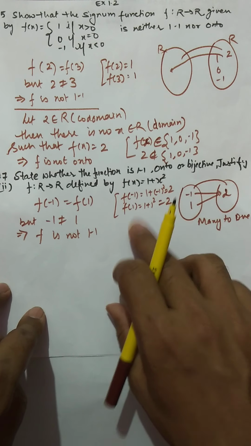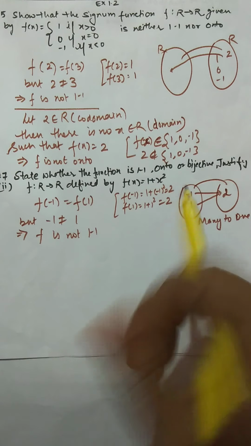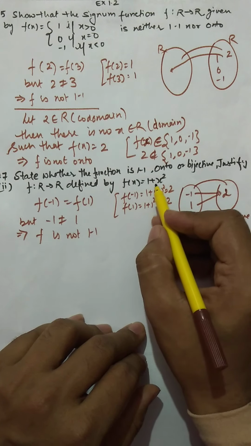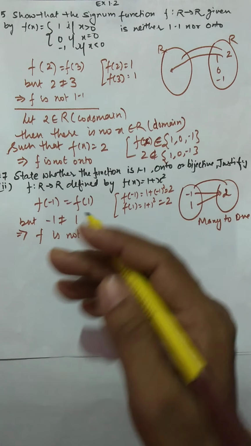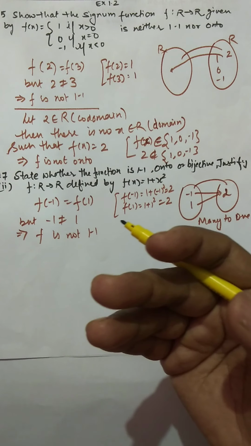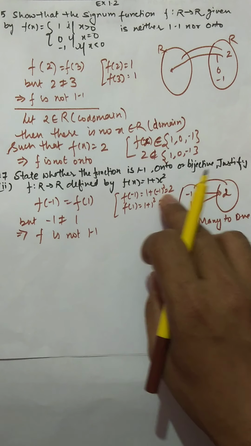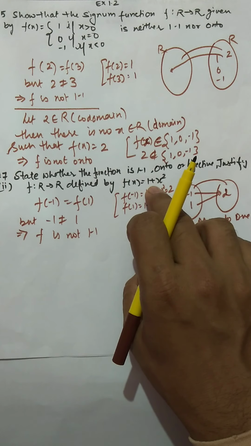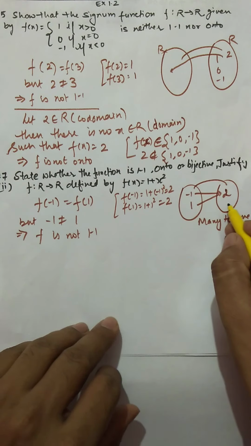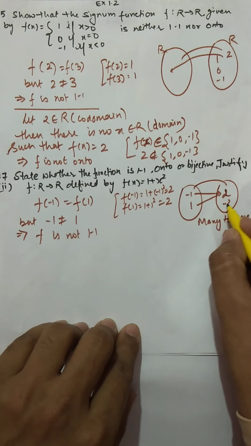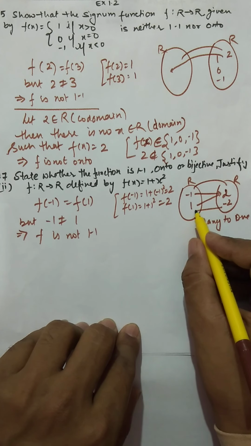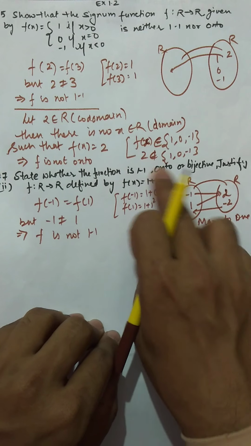Now next one is, we have to check whether this is onto or not. So now we have to think again of some example, and the example is very easy. If you concentrate on the range, that range and domain you did in class 11th, that's going to play a very important role in finding some examples. So you can see the range is always positive, means all positive real numbers you can take in the range. So there can be any negative number, let's say -2. That -2 is belonging to R, but that pre-image is not possible because the range is always a positive number.